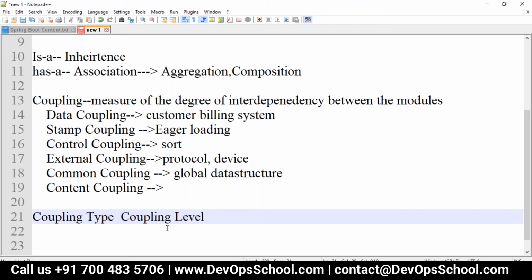As I know, one example you gave was stamp coupling, that is eager loading. How is this reflected in Spring? We have different containers. There are two IOC containers: one is Bean Factory and one is ApplicationContext. The ApplicationContext is eagerly loaded.